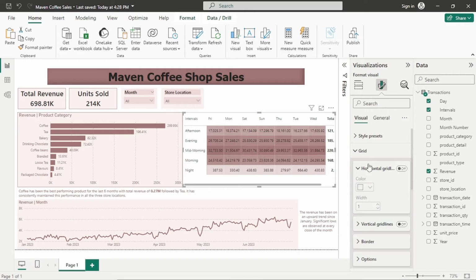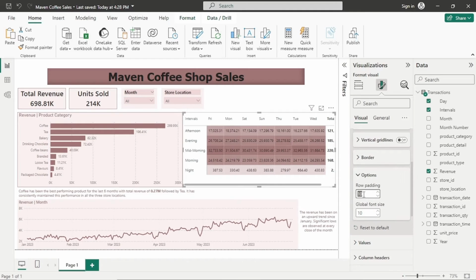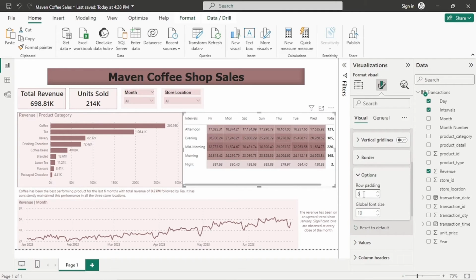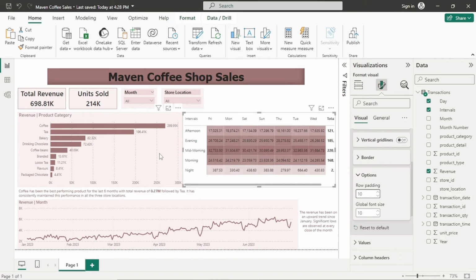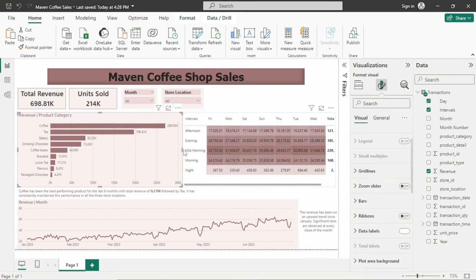That is the totals of the intervals, the time of the day. Let me reduce this padding to 8. We still remain with 10. That works. I want to show the totals of the time of the day, so